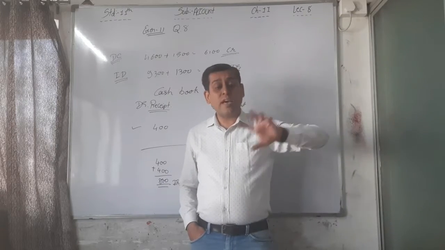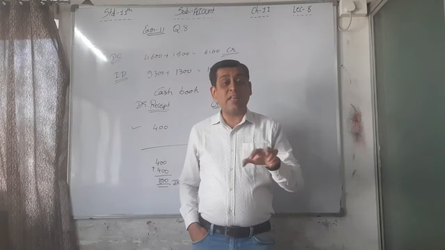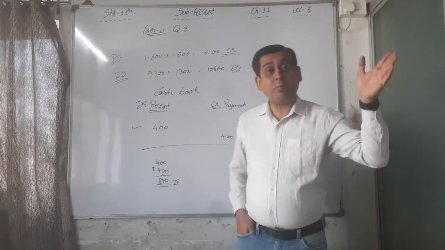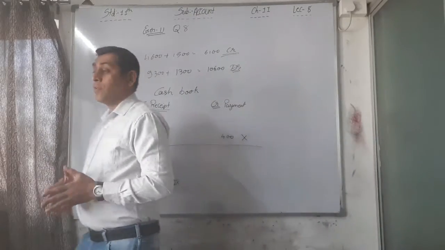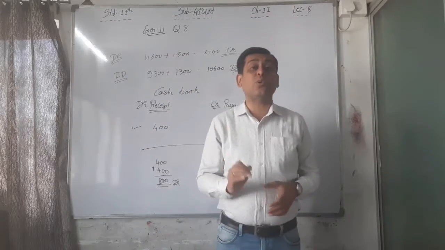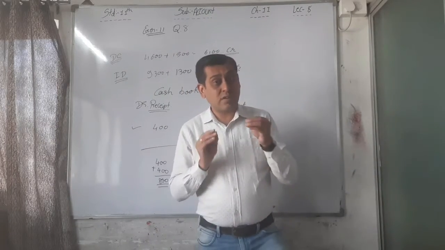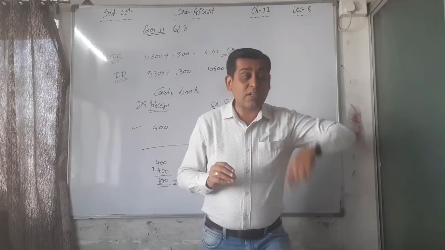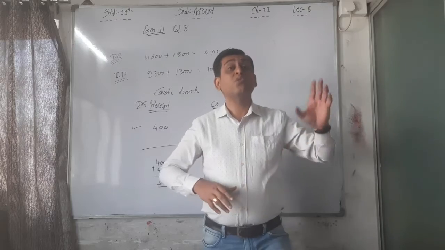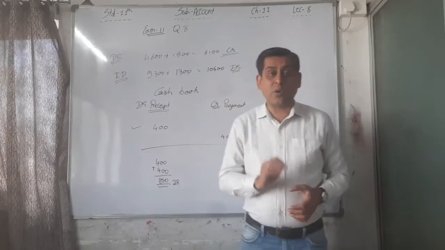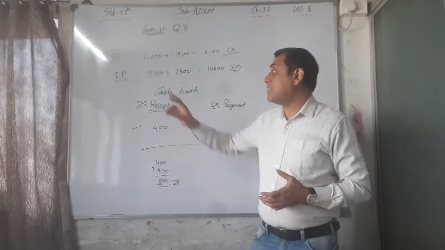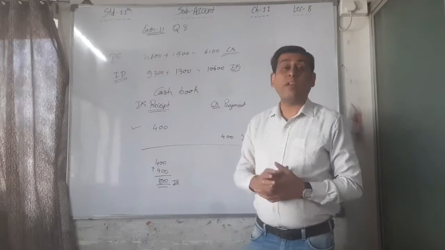But here we are just telling the tally of the bank balance of the business bank account and the cash book. We have to just tally it, and this is the new situation here in which the amount is deposited but not credited in the particular account. Whatever we are depositing, the bank has not recorded. So here, deposited but not credited. That's why DC, deposited but not credited by the bank.